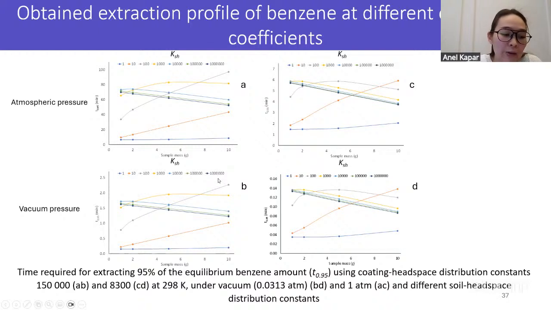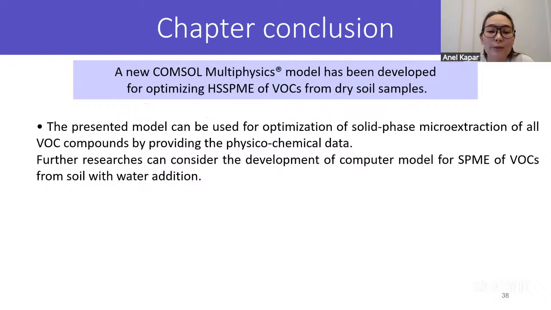And equilibrium time depends on both sample mass and soil headspace distribution constant. But vacuum has a substantial effect on the extraction of benzene from soil. And equilibrium in the system of SPME of benzene from soil with vacuum can be reached 43 times faster compared to traditional SPME at all studied distribution constants and sample masses of benzene extraction by CAR-PDMS coating. And to conclude, the presented model can be used for optimization of solid phase microextraction of all VOC compounds by